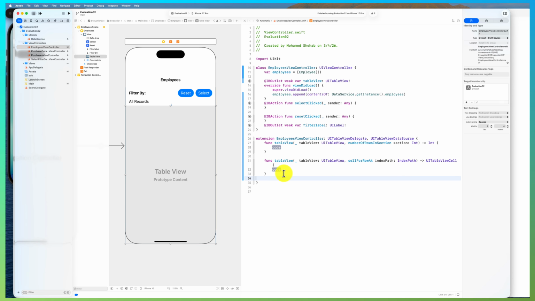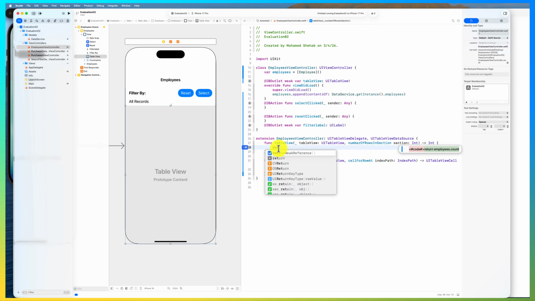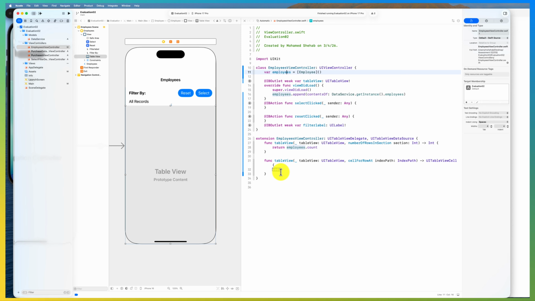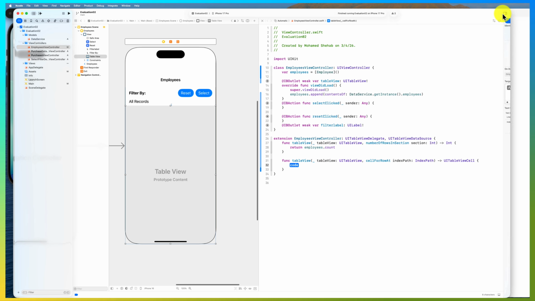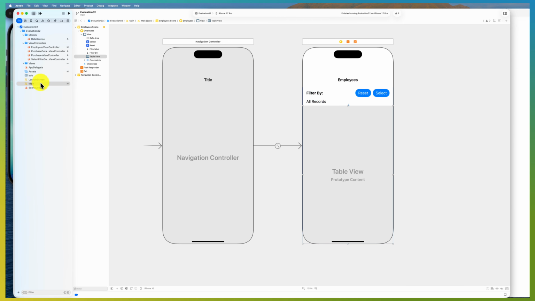Okay, so we have the employees, number of rows in section, so return employees.count. So we have already an employees object here. Okay, now the cell. So now to work on the cell, what I'm going to do is I'm going to